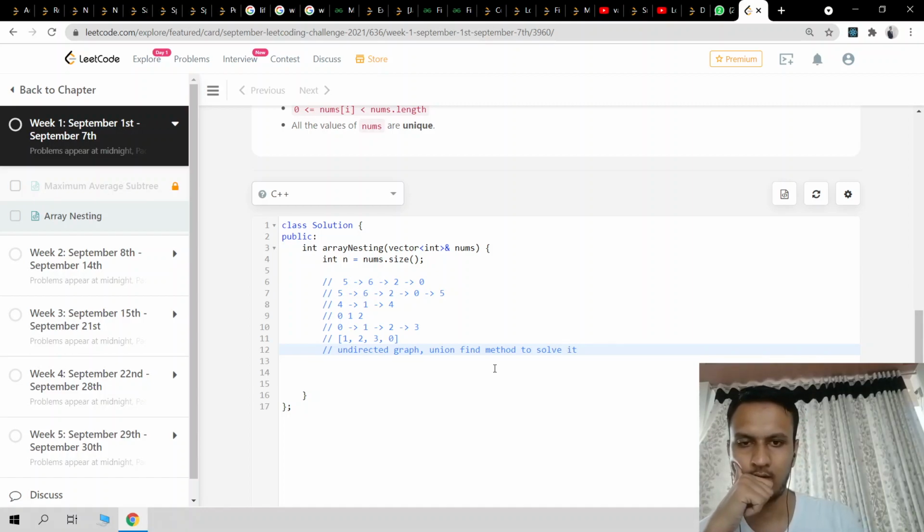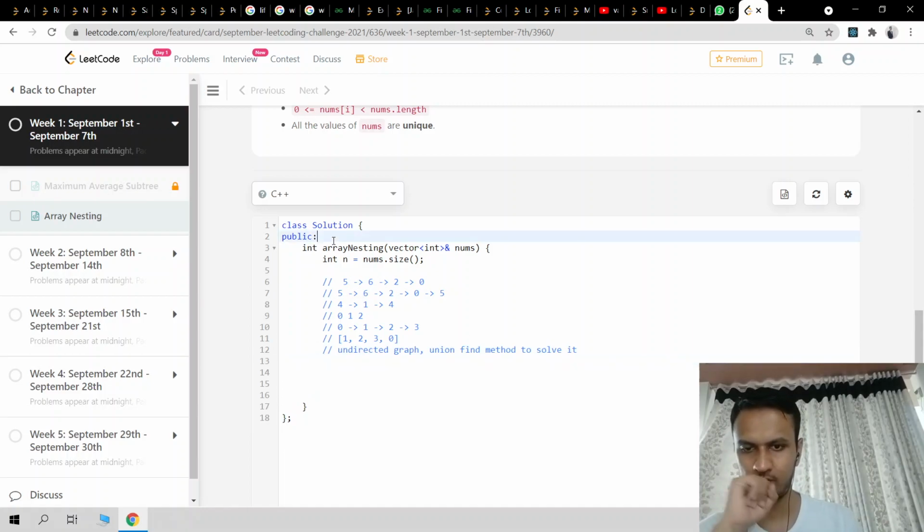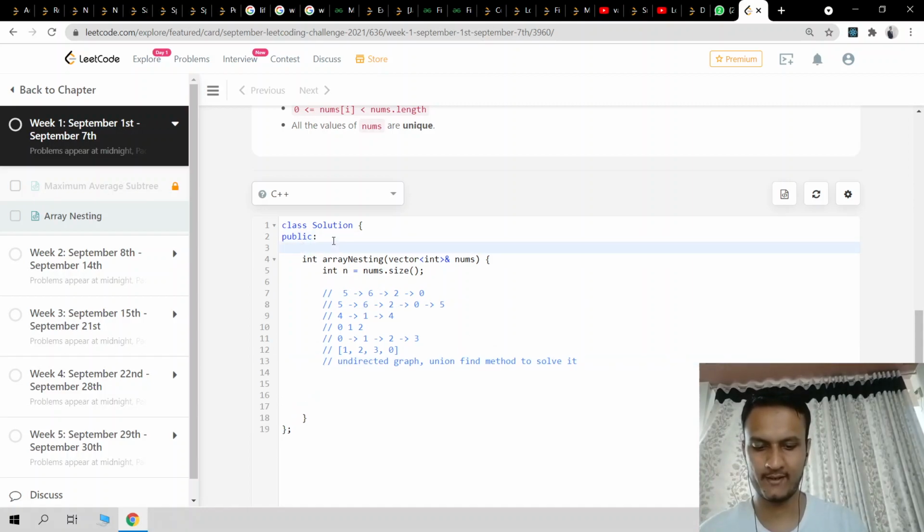But for one component we have to run that algorithm, and for another component we have to run that algorithm again. For the third component we have to run that algorithm again. So let's see how we can generate an algorithm. For the union find method I have to write a find function. So quickly write it: int find, int vertex comma vector of int address of parent, and after taking the parent,